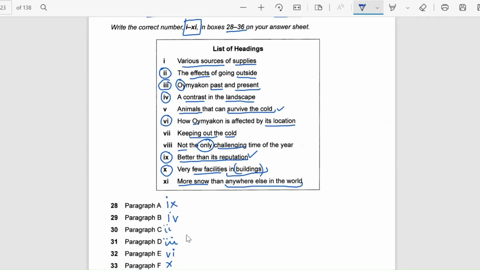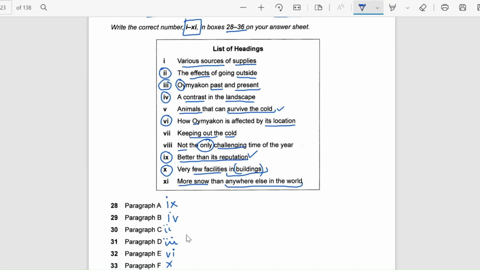Now here, one place where an animal was mentioned is "animals that can survive in cold." Some of us may want to choose this option, but we are not sure if the animals are living in the same location, even though your general knowledge may tell you that these animals belong to the cold regions. But still, animals that can survive the cold, this particular point, is not exactly what the paragraph is saying, right? So what option should we choose here?